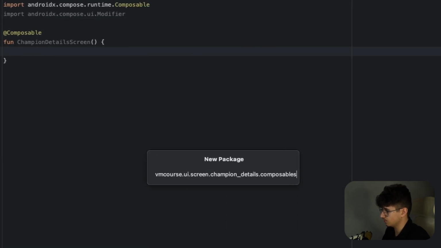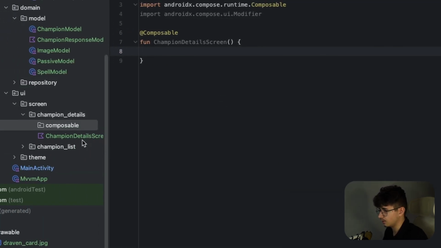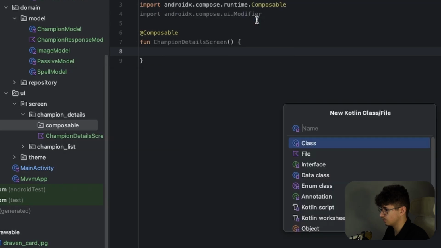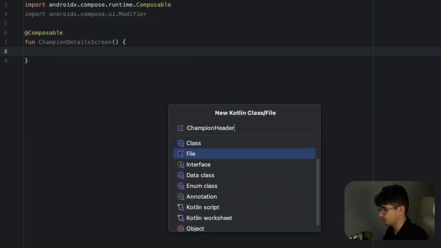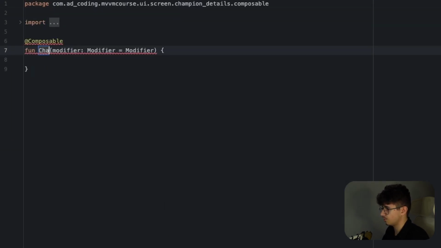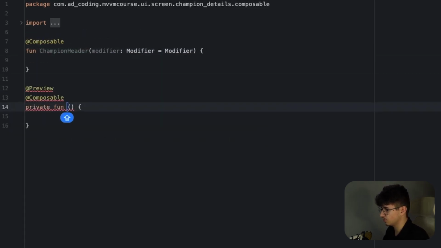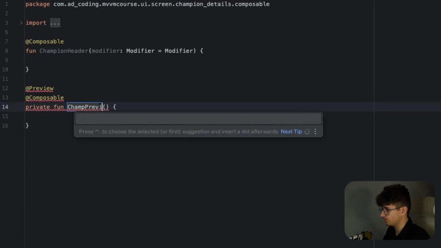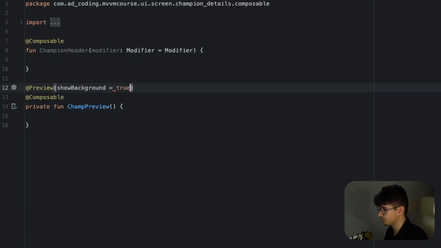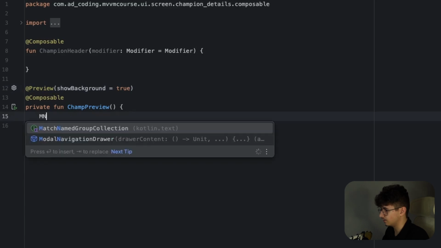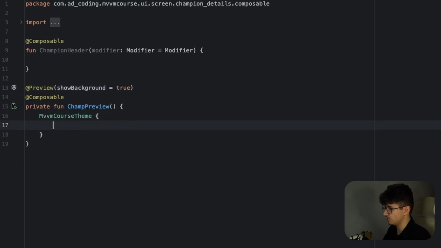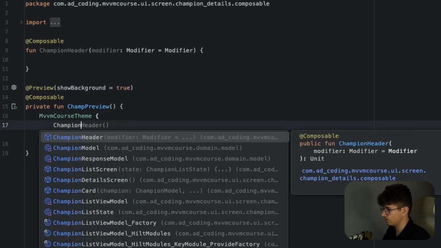So let's say Composable, and the first one is the ChampionHeader. So let's say ChampionHeader, and let's make a preview to see what I'm doing. So let's say @Preview with showBackground set to true, and now let's say the MVVMCourseTheme, the ChampionHeader,